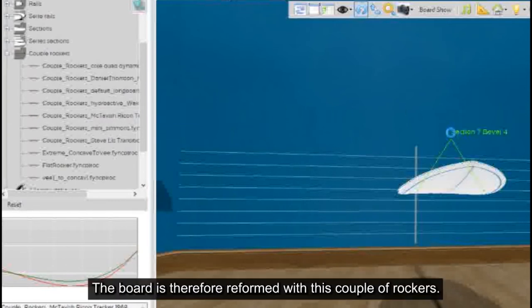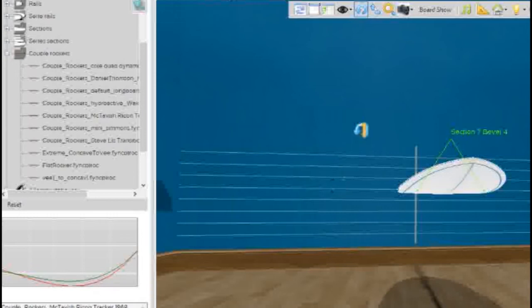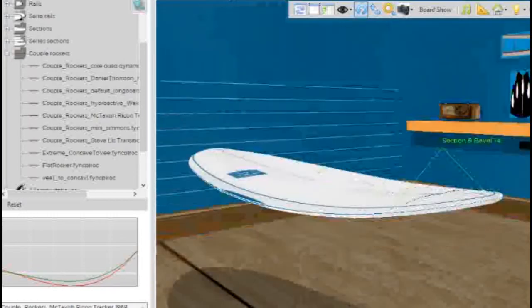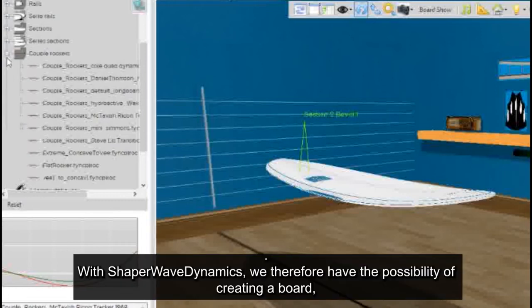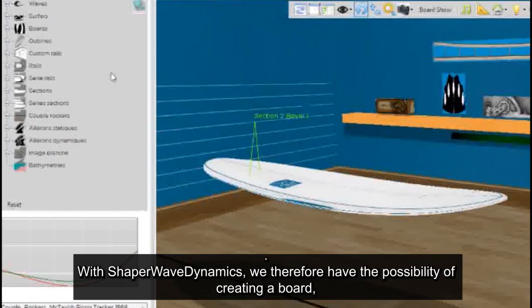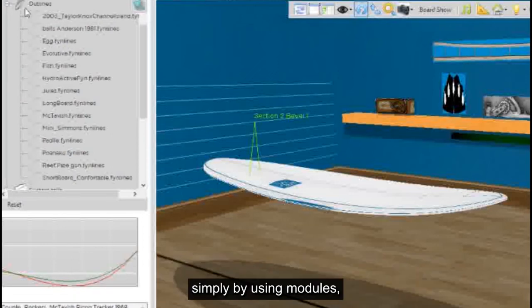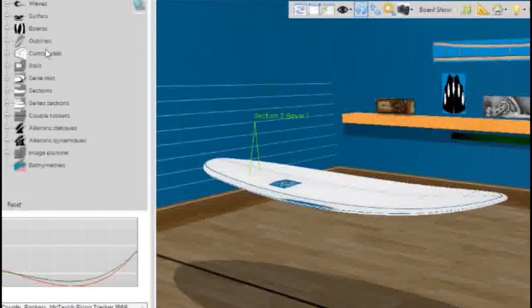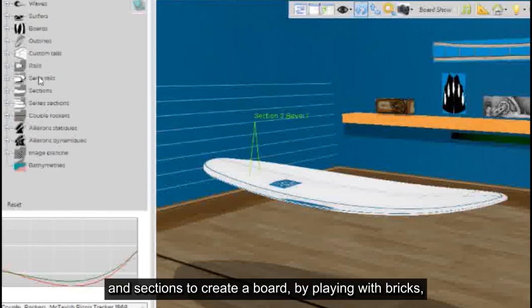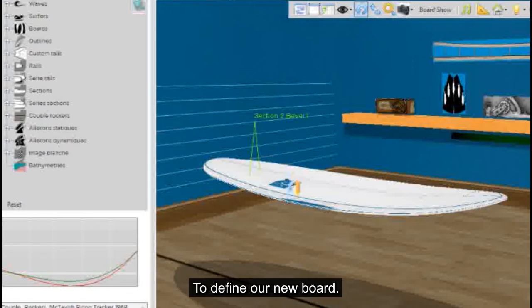The board is therefore reformed with this couple of rockers. With Shaperwave Dynamics, we therefore have the possibility of creating a board simply by using modules: outlines, tails, rockers, rails, and sections, playing with bricks to define our new board.